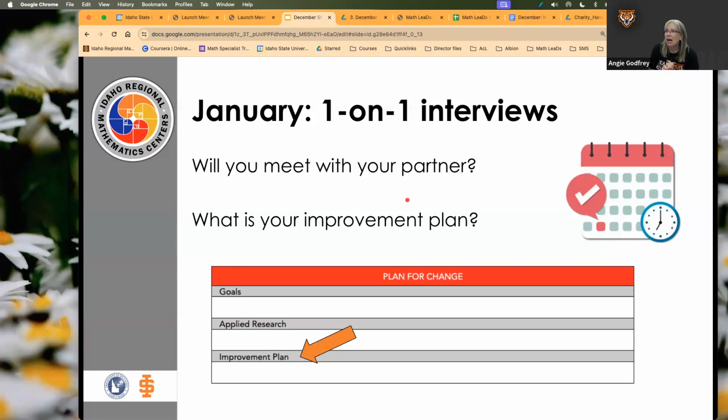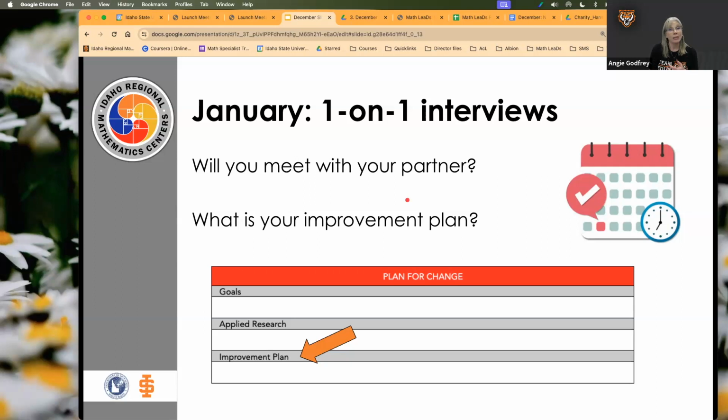So we want to do one-on-one interviews. There's 3 of us. We will send you an appointment scheduler. Our Google calendars can offer appointment times. So we're going to send you some appointment schedulers for some time to meet with one of us sometime in January. What we want you to think about is if you have a planning partner, do you want to schedule that meeting with your planning partner?